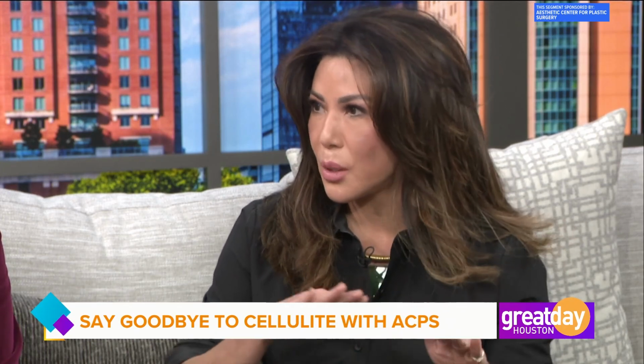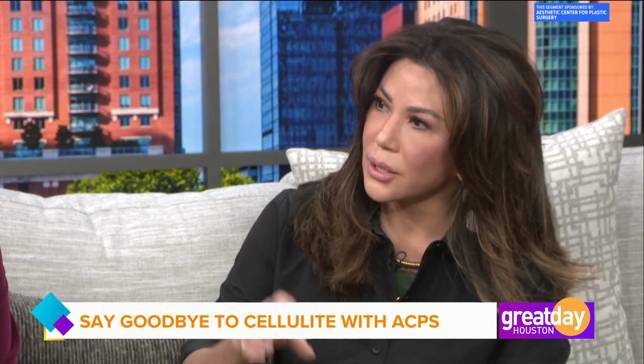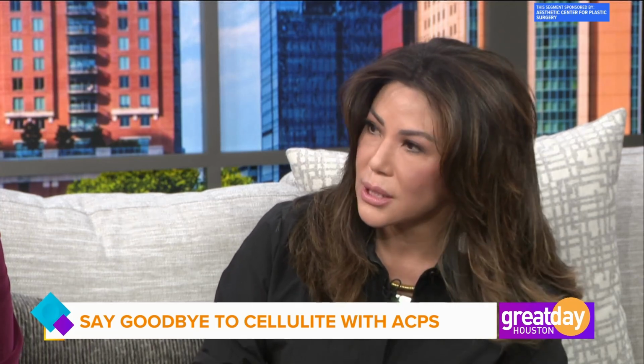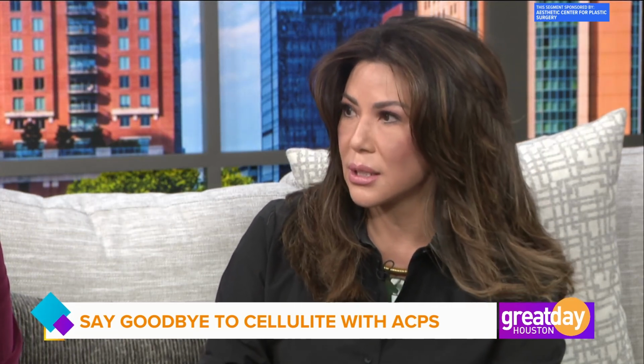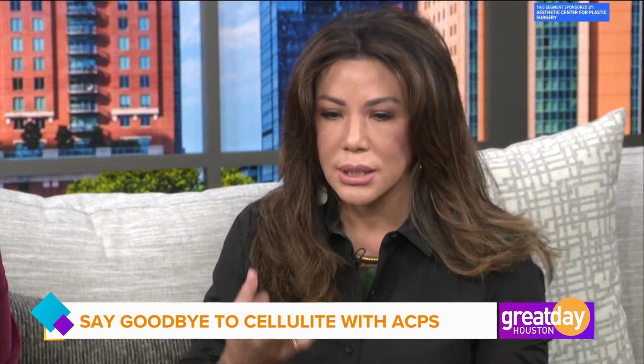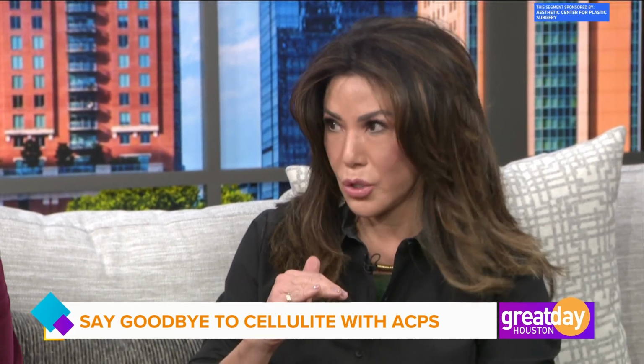Like if there's any lumpy bumpies from fat distribution, we can target the fat area with the Morpheus microneedling and smooth that out. We can also help to tighten the superficial layers of the skin with the Morpheus. And the Radiesse and Sculptra. Yes, those are collagen biostimulators, so that can be used in conjunction also with Avéli. If you think about BBLs, these injectables, the Radiesse and the Sculptra, are what can build the collagen and build volume as well,